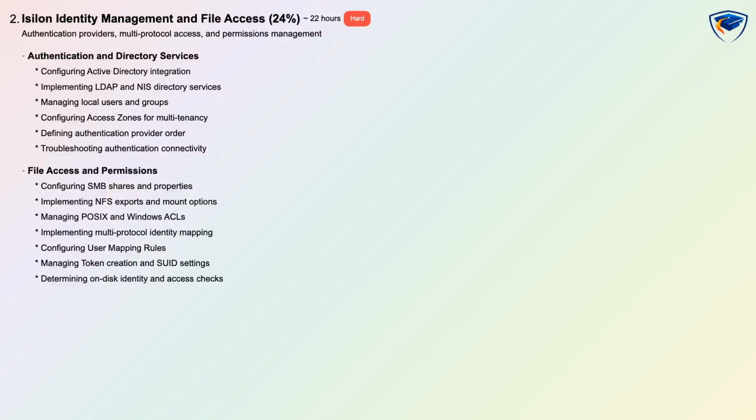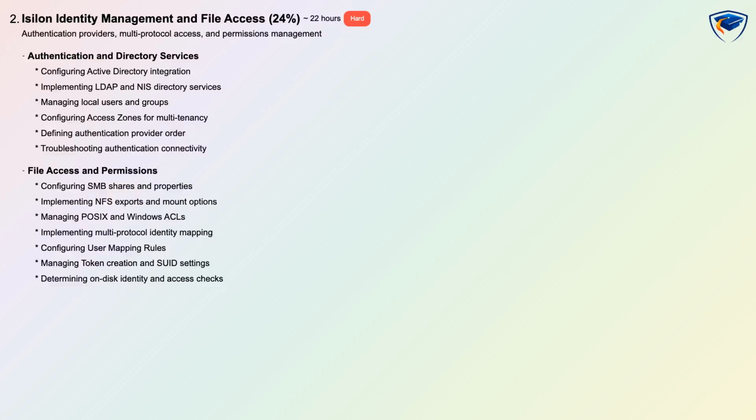The file access portion teaches SMB share configuration and properties, NFS export and mount options, POSIX and Windows ACLs, and multi-protocol identity mapping with user mapping rules, token creation, and suit behavior. Emphasis is on troubleshooting authentication connectivity and determining on-disk identity and access checks so you can resolve real-world permission and